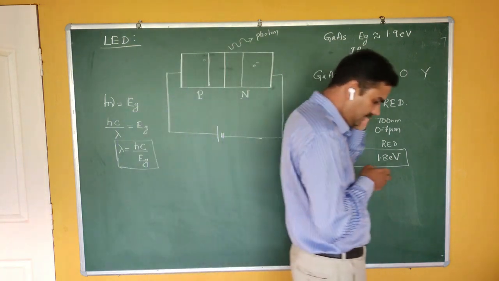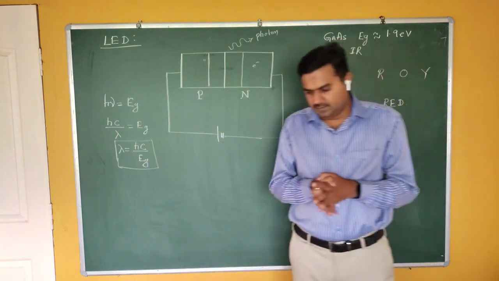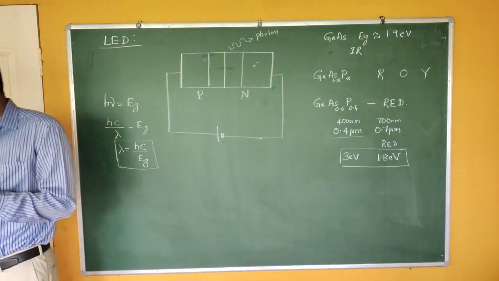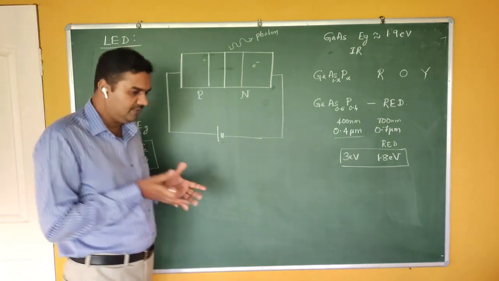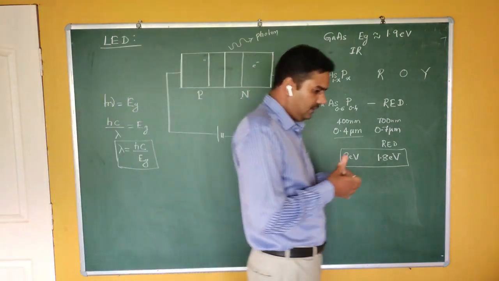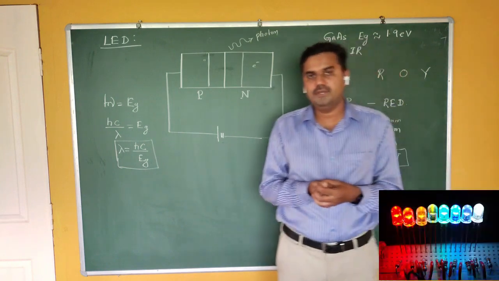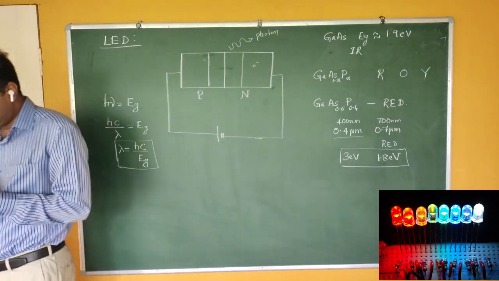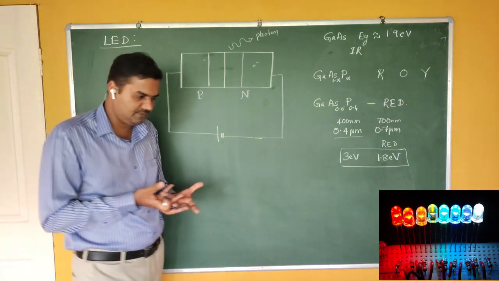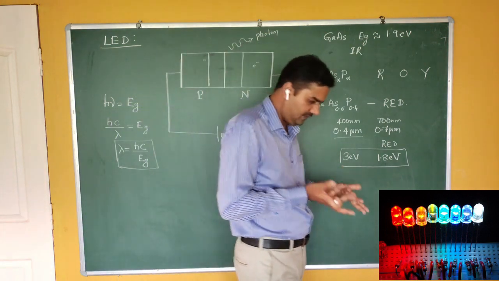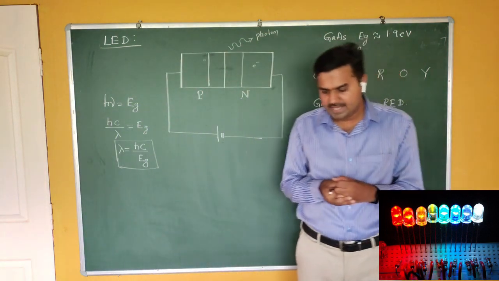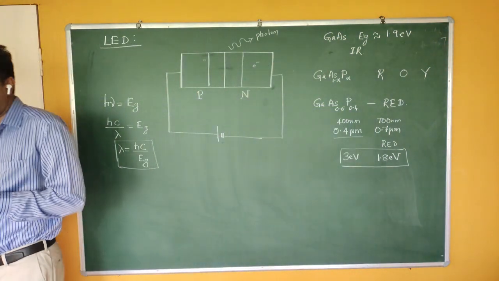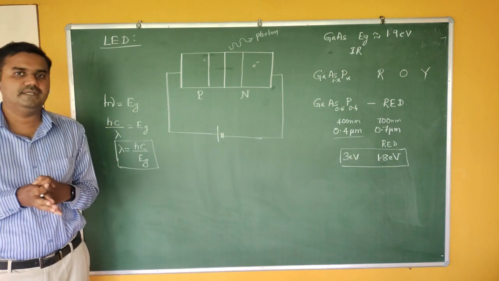You know that nowadays we are using LEDs on a large scale. We have LED TVs and LED monitors. In the headlight of a car we are also using LEDs. Your TV remote is also an LED. For most decorative purposes we are using LED light. They are very cheap, they require less energy, and they can be easily fabricated. Therefore we find various applications of light emitting diodes.